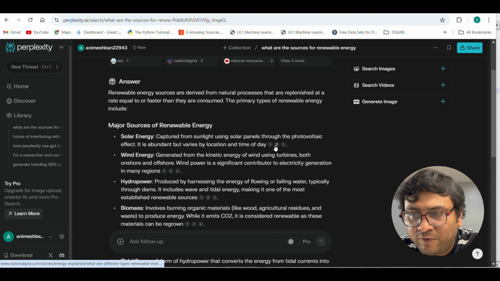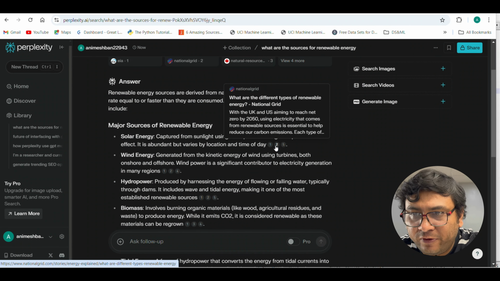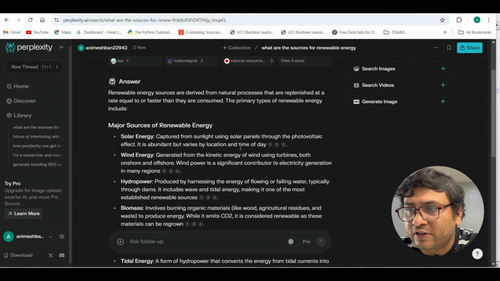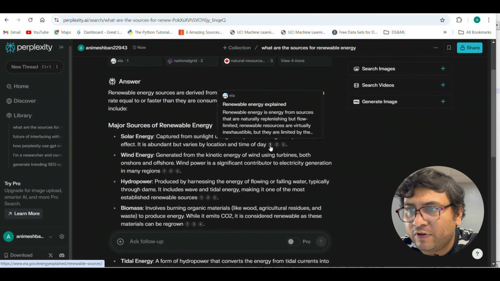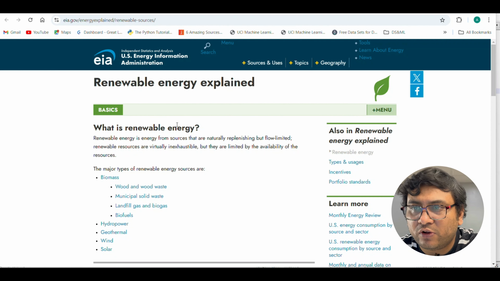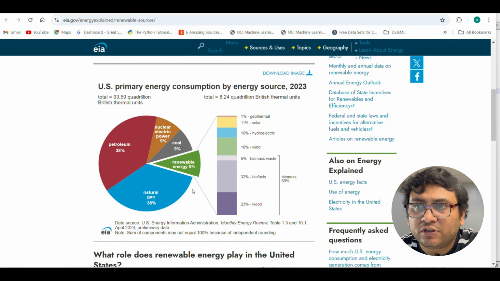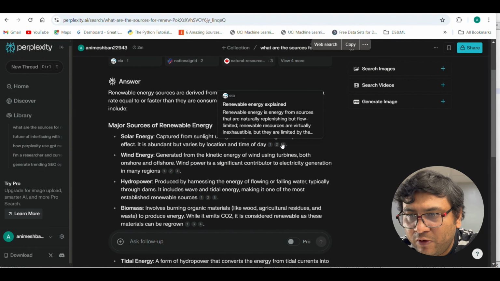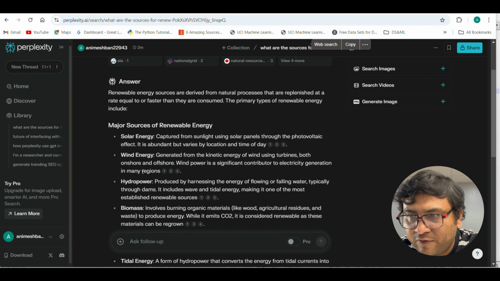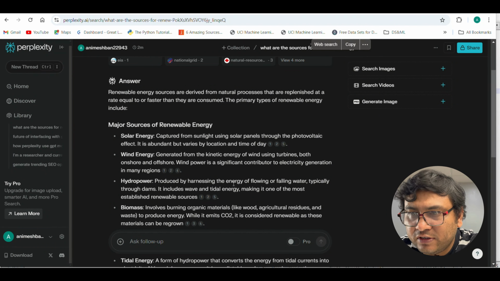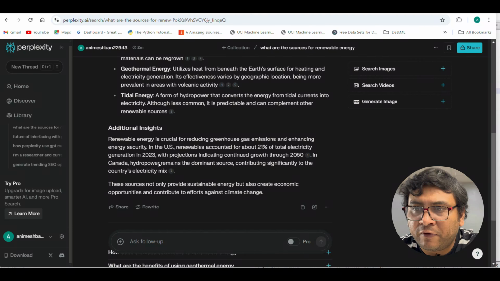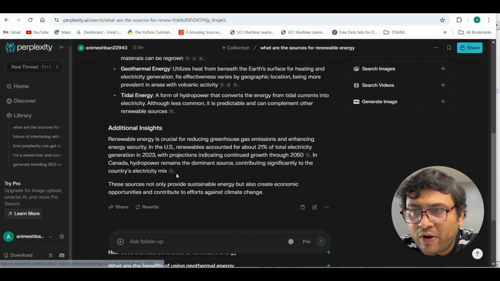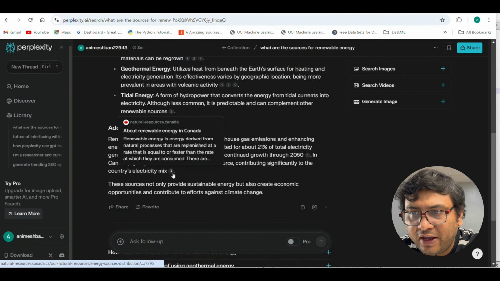This is really helpful in the sense it boosts the confidence of the answer, at the same time ensures accuracy. Let's say if I am looking for this one, document number 1, if I go to this, you can literally find out the document that Perplexity used to get the information. The same way you can go to each of these references. Everywhere you go, like let's say wind energy, you have a document reference. Hydropower, you have a document reference. Now additional insights, you have a document reference. So this reference actually is very useful to ensure what you are getting from Perplexity is very much accurate.